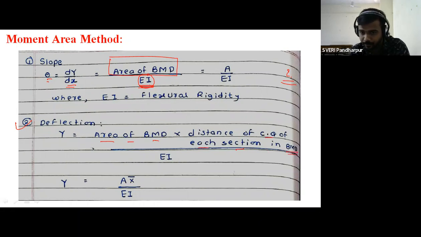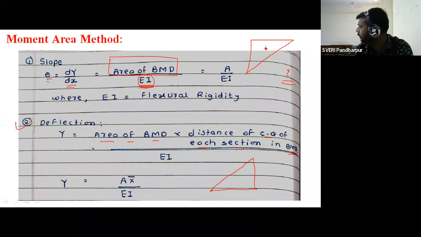आता बघा, हा असा एक ट्रायंगल मी काढला, गेटिंग, आणि त्याच्या उलटा हा ट्रायंगल एक मी काढला. आता ह्या ट्रायंगलला याचा कुठेतरी सीजी पॉइंट असेल, गेटिंग, प्रत्येक क्रॉस सेक्शनल एरियाला त्याचा काहीतरी एक सीजी पॉइंट असतो, सेंटर ऑफ ग्रॅव्हिटी पॉइंट असतो, गेटिंग. So for this triangle number 1, for example, its CG is concentrating at 1 point. मग ह्या सीजी पॉइंटचं ह्या फ्री एंड पासूनचं डिस्टन्स म्हणजेच डिस्टन्स ऑफ CG of each section in BMD, ज्याला आपण